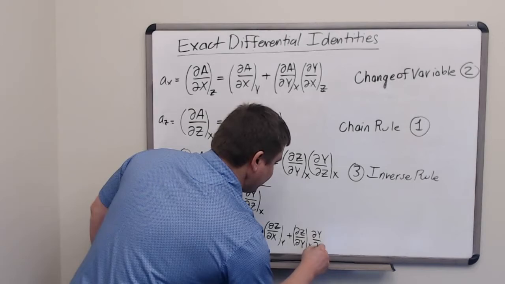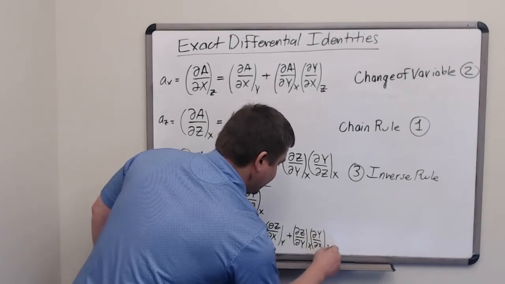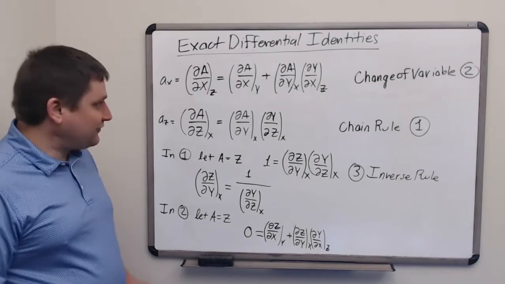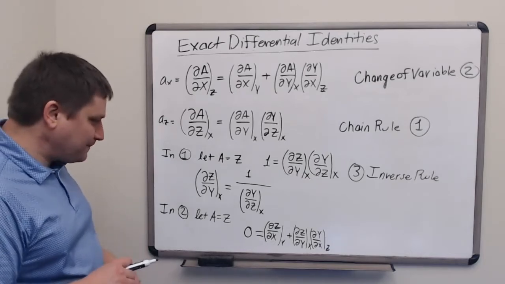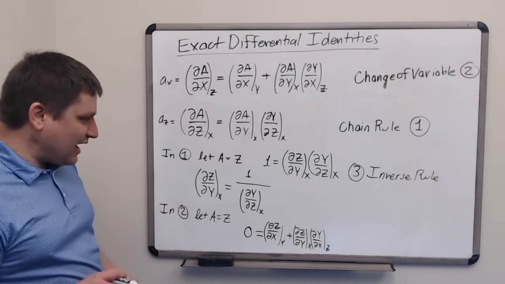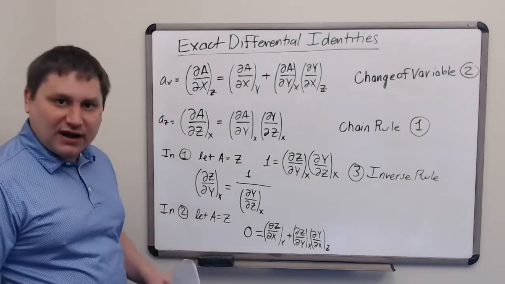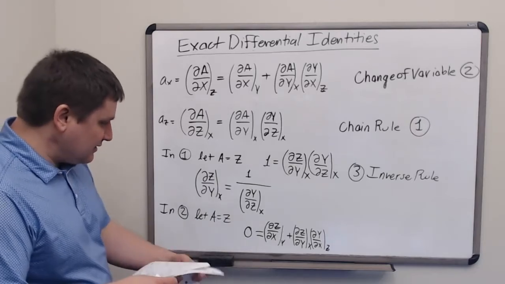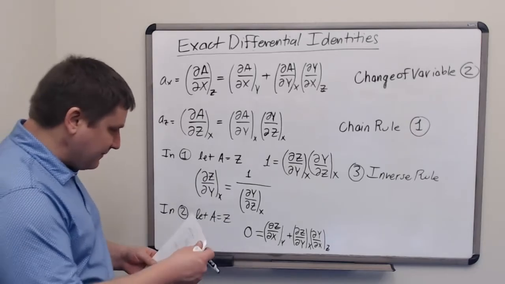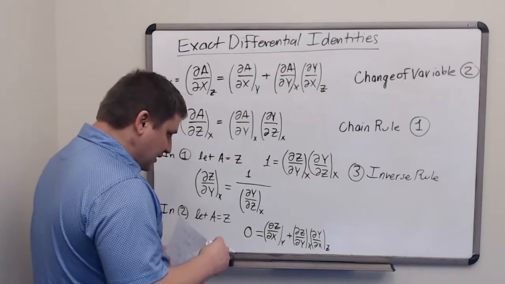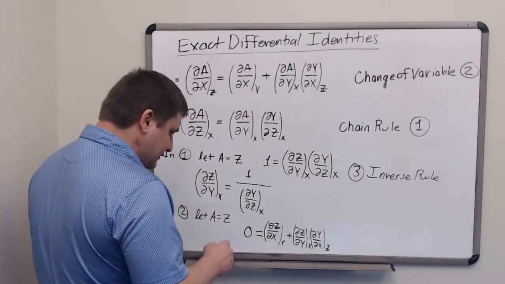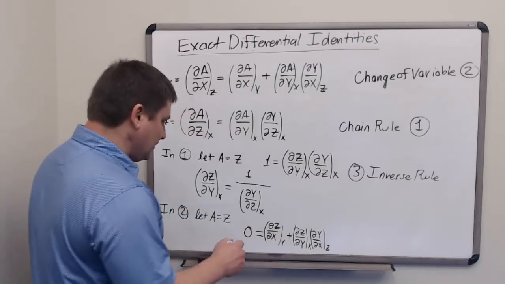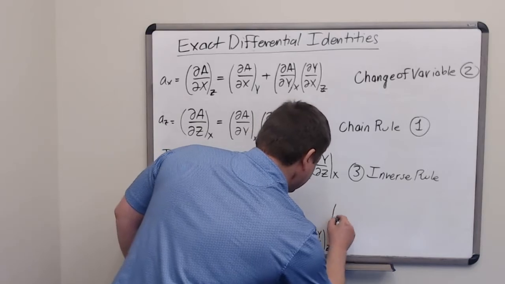And the last term here doesn't change: dy dx with respect to z. So this identity only involves 3 derivatives instead of 4. It looks a little weird right now, but I can rewrite this in a way which makes it easier to remember. What I'll do is just move these things around using algebra and the inverse rule, and what we'll get is